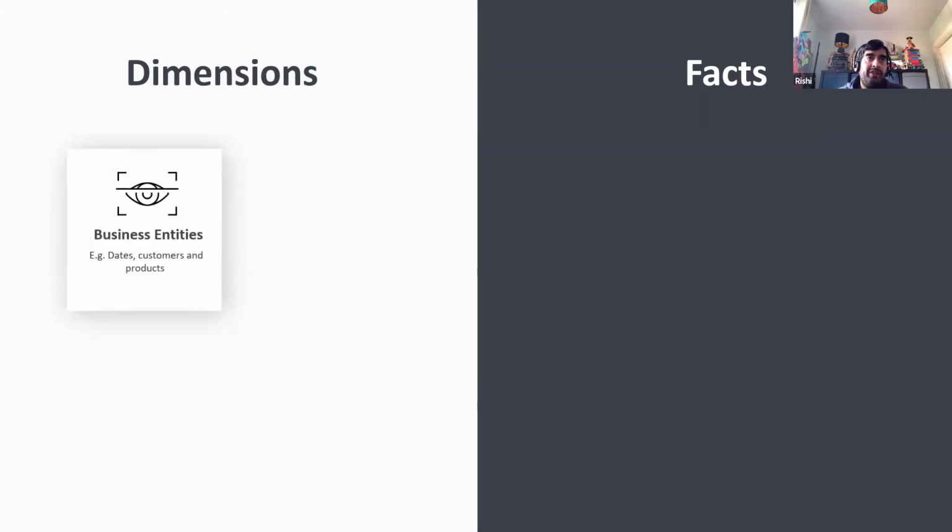So dimensions are your business entities. Even if you're looking at a long spreadsheet with lots of different things, think about what your business entities are. In a sales example, it might be things like dates. Dates will always be a business entity if you've got any kind of date fields in there, essentially a dimension that you'll usually have in your model. In the sales example, you might have things like customers and products. In a construction project example, you might have things like work activities or people responsible, contractors might be